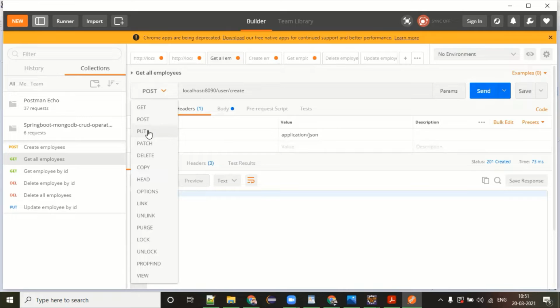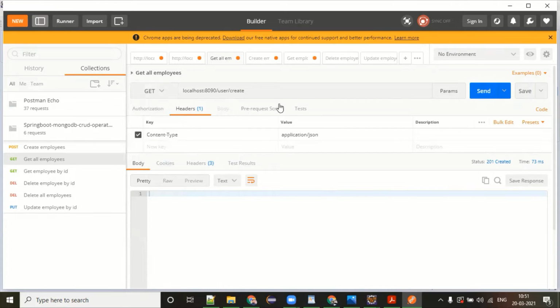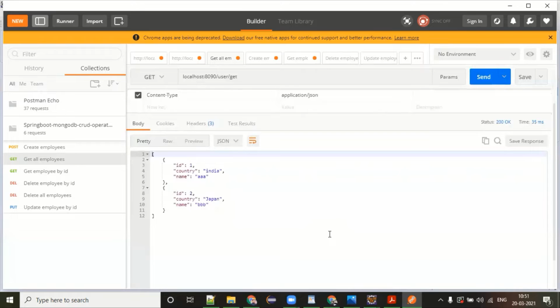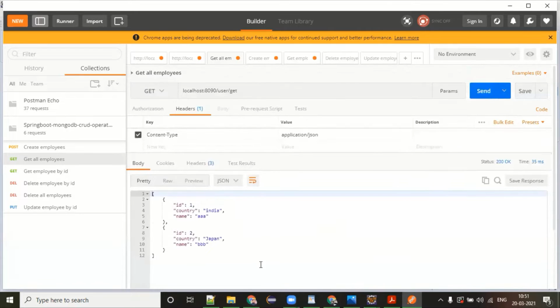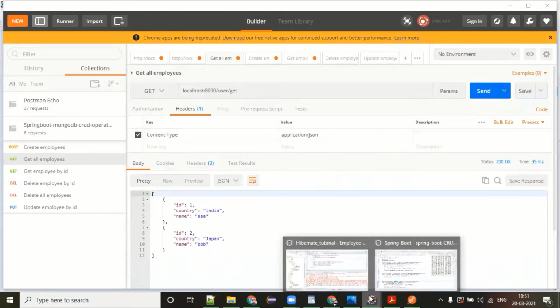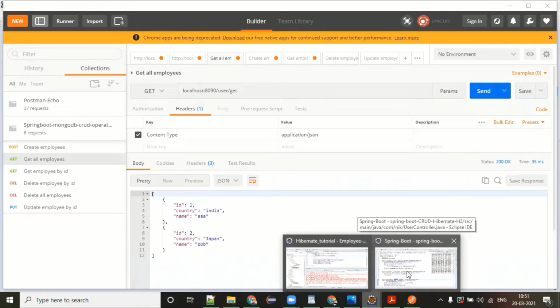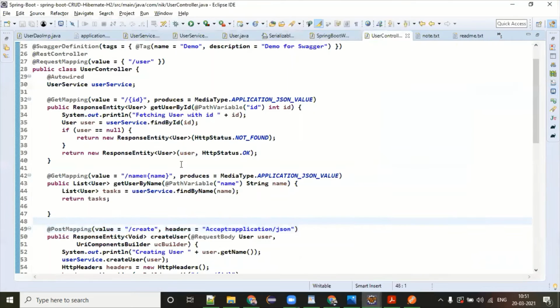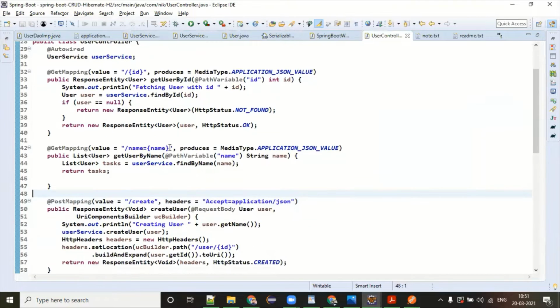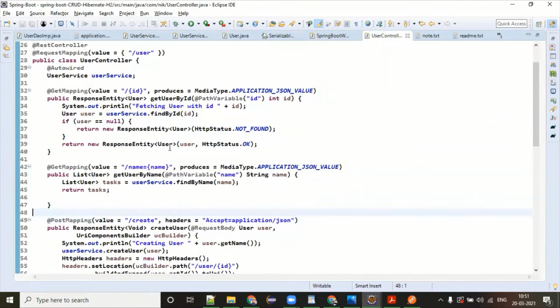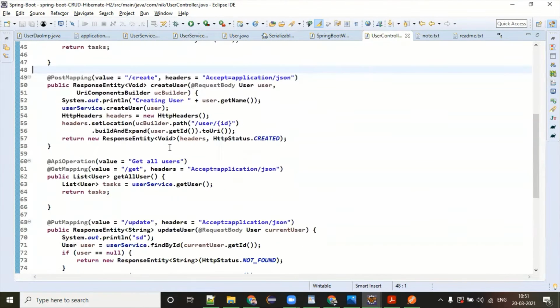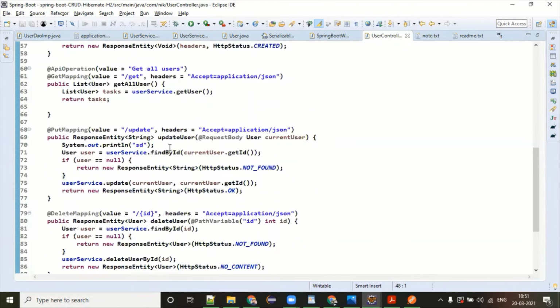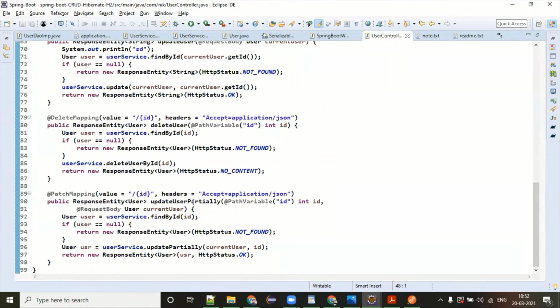Maybe there's some problem, I don't know. Somehow it has picked up. Now you can see there are two records sitting in the database. And this way, you can play around with all these methods: get by user ID, get by username, create users. We have seen update user, delete user, and update user partially.